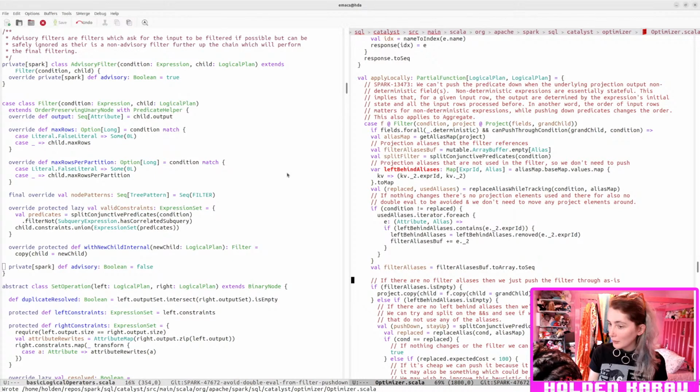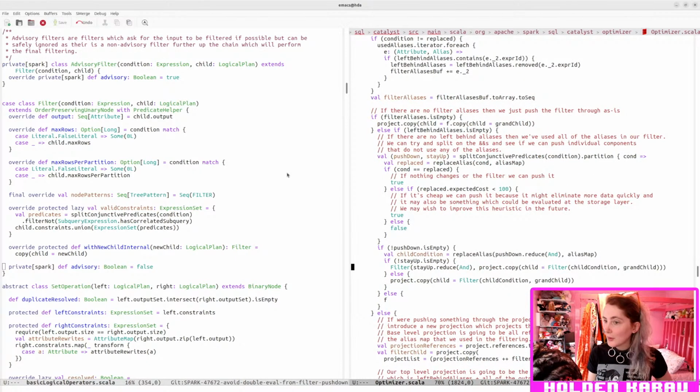Unless, so if there's no filter aliases, we can push the filter through as is. Otherwise, there are filter aliases, in which case we need to move the projection. So then what we would do is, okay,